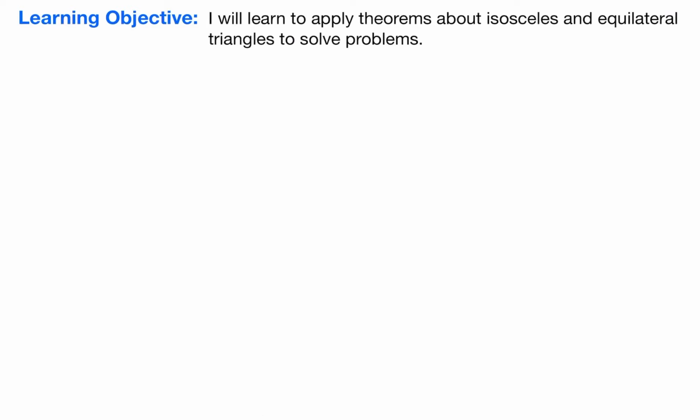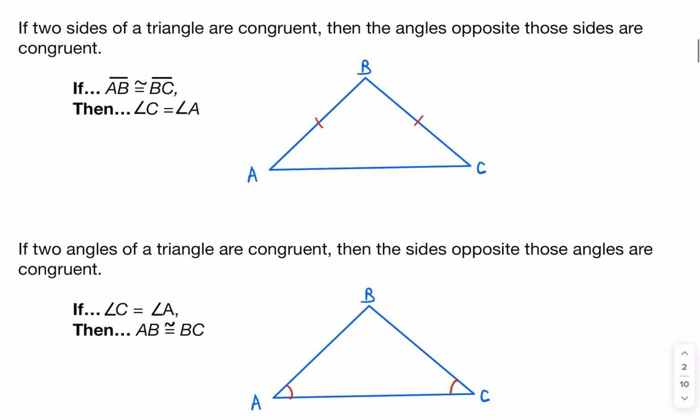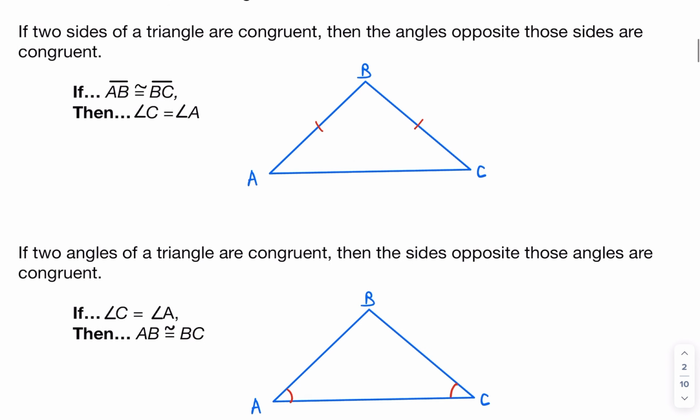Okay, class, in this lesson, you're going to learn to apply theorems about isosceles and equilateral triangles to solve various problems. So let's go ahead and get started. So in this theorem called the isosceles triangle theorem, as well as the converse, the theorem basically says that if